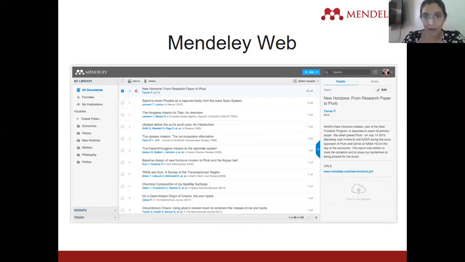Now mind you, whenever we are taking papers from the website, it will get added to the web vision, not to the desktop. I repeat, whenever we are picking up papers from the website, it will get added to the web vision, not to the desktop. So when I add a paper, I will have to check the library, Mendeley web, and then say, okay, now it is there on web. Then I'll have to go to my desktop vision and press the button sync, so that it goes there.